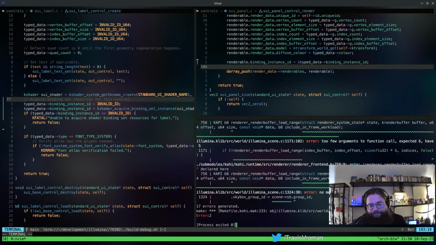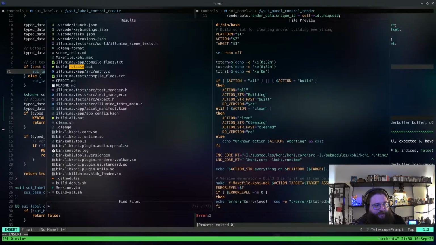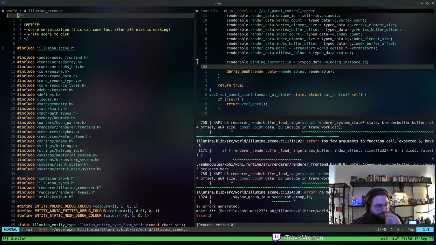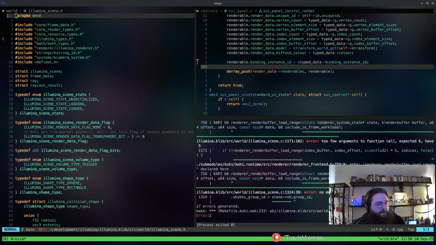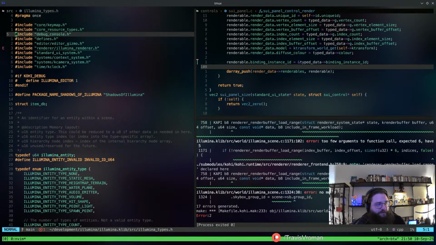Luminoscene. Okay, that one's not too surprising, but at least we're actually to gameplay code now in our refactor. That means we're getting close. Let's see, what is this bleating about? Apparently something in Illumina types. I don't know, Illumina renderer.